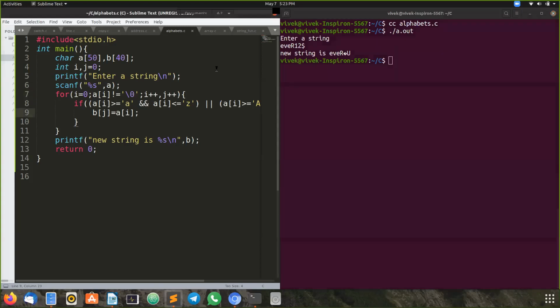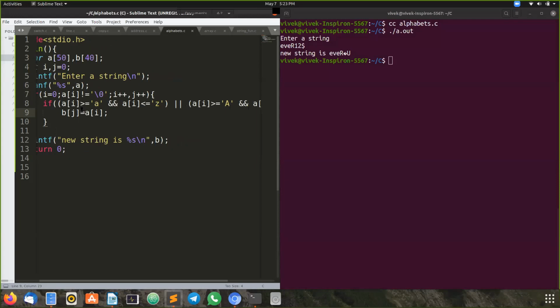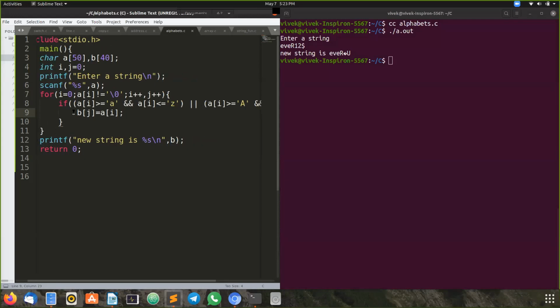In the logic part, we are telling if this condition is true, to assign the values. If that condition is false, what do we have to do then?